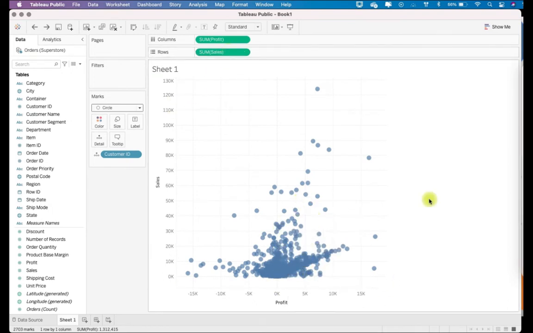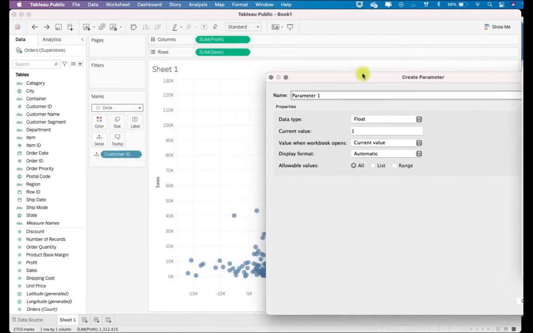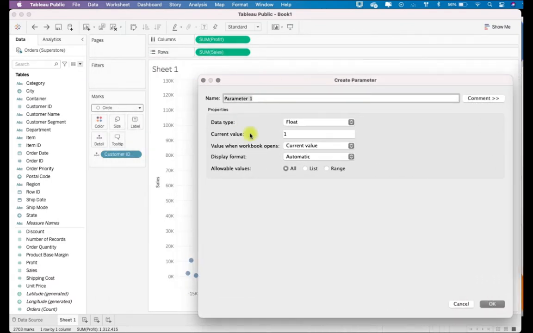Okay, let's now create two parameters which we will be using as a reference point in this chart. So create parameters, and let's say this is a sales threshold.